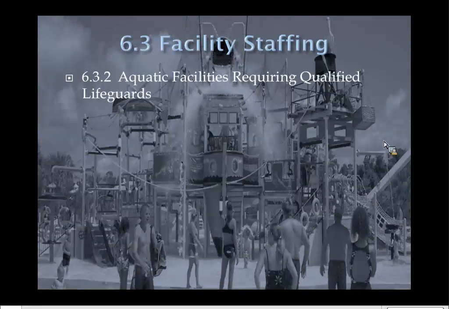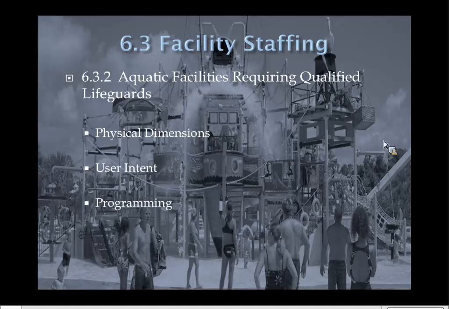6.3.2 is titled Aquatic Facilities Requiring Qualified Lifeguards and provides detailed lists of what aquatic facilities or aquatic venues require qualified lifeguards and at what times during operation. The determining factors here incorporate physical dimensions, user intent, and programming aspects that dictate the need regarding the aquatic venues or facilities, and it may not be readily apparent whether a facility is required to provide lifeguards without an understanding